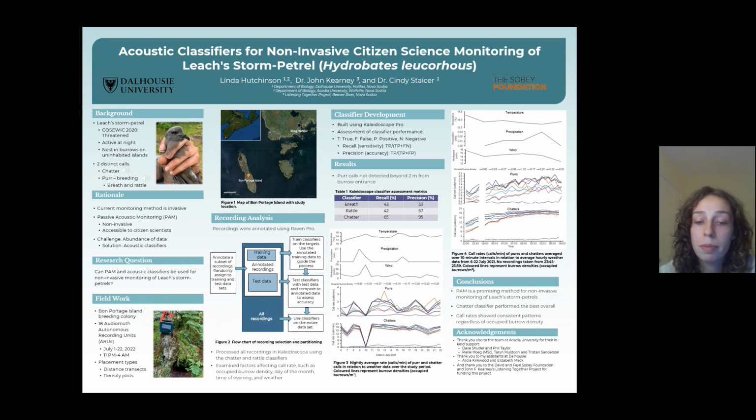A solution to that problem is the creation of acoustic classifiers, which are computer algorithms that can extract target species vocalizations from recordings. So the research question we asked in this study is whether PAM and acoustic classifiers can be used for the non-invasive monitoring of Leach's storm-petrels. To answer this question, we